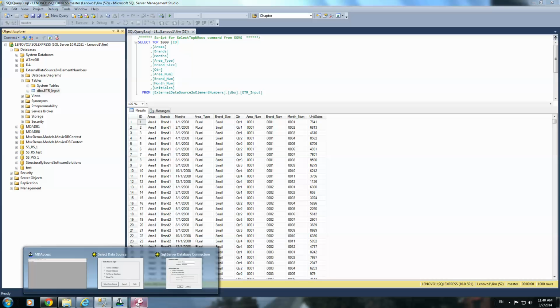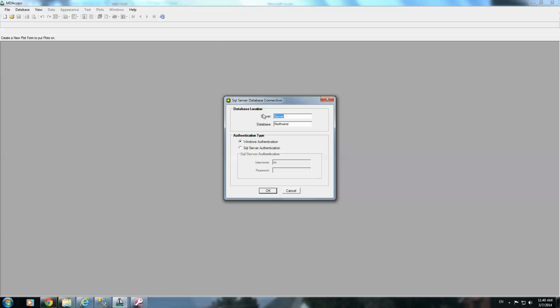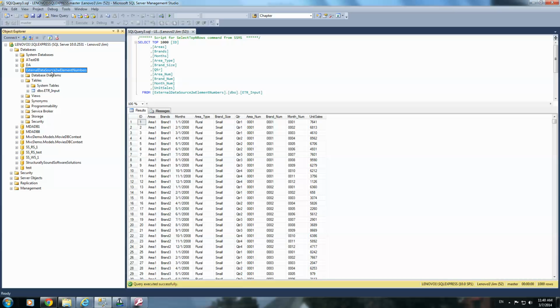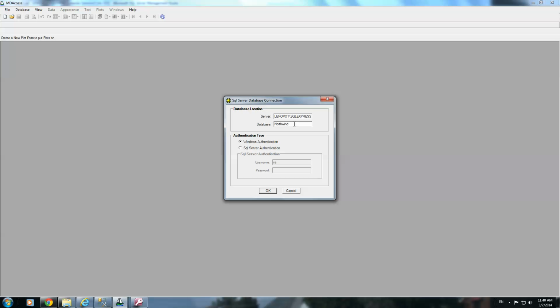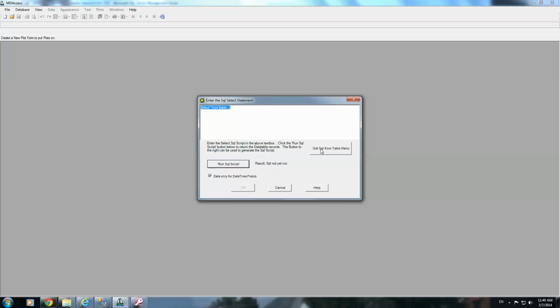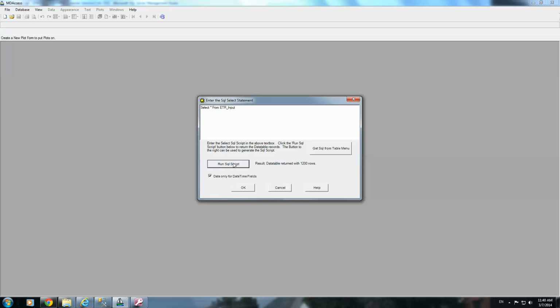We got to put that in there. Oops, sorry. Server name and database name. This is the database with that same table. I mean, a table with the same data. And so we'll go in there, put that in there, and we'll select the table, all the fields in that table, run the script,